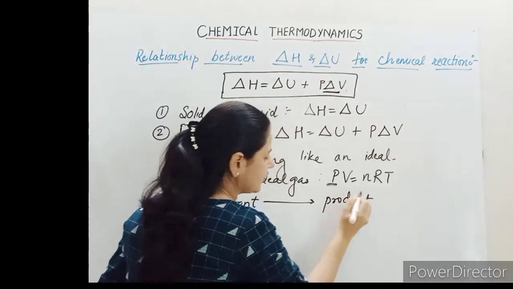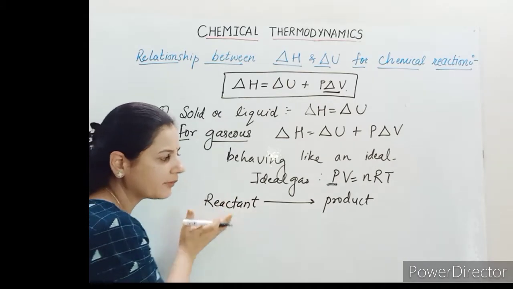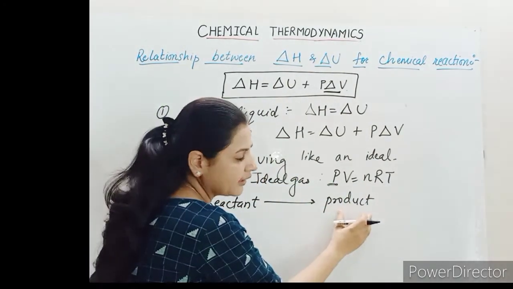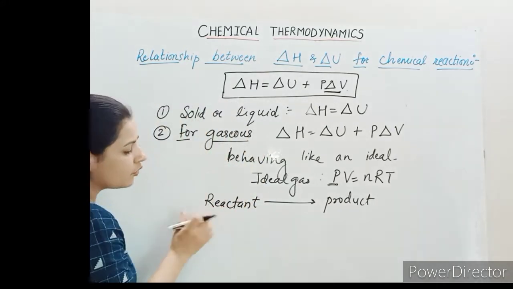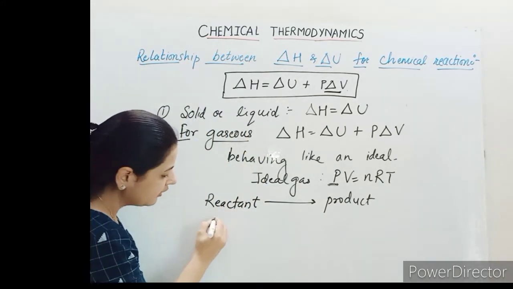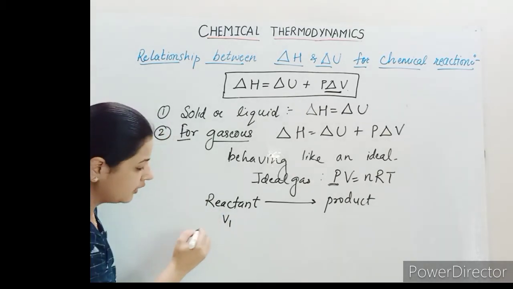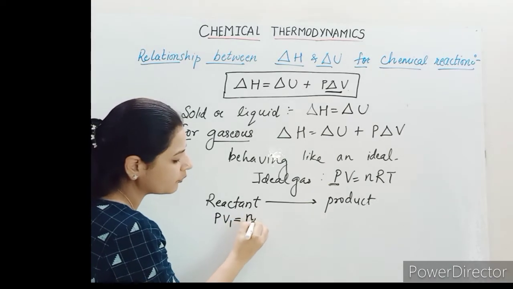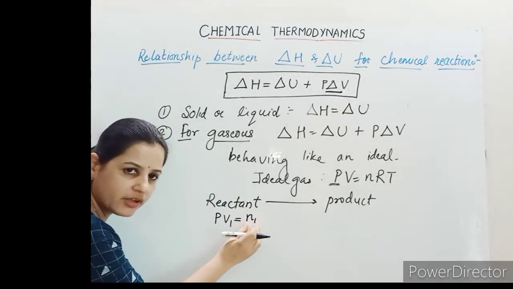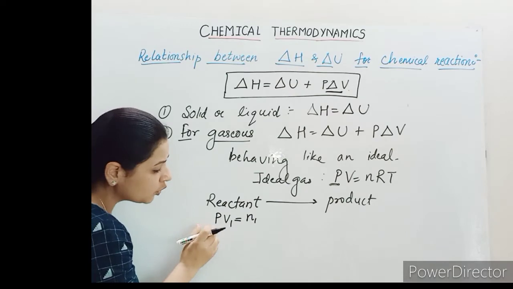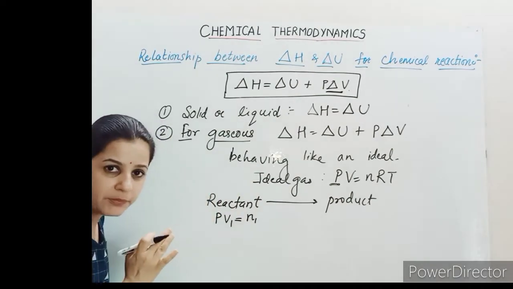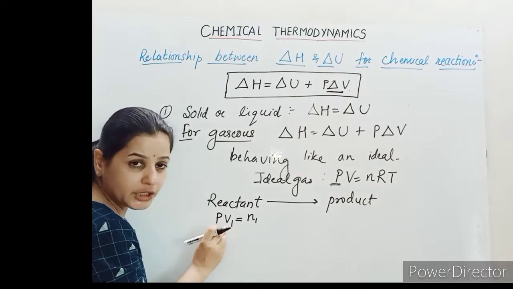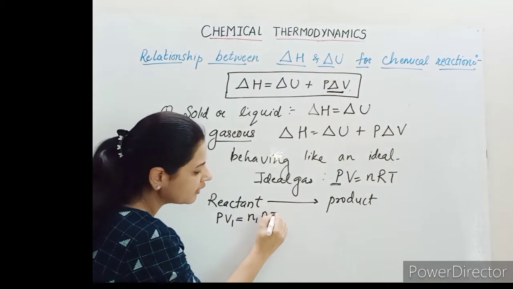Suppose this is a reaction कि gas जो है वो starting में reactant side में है, and then it reacts and changes into some number of moles and get converted into the product, okay? So for this reactant side, if V1 is the volume, pressure we have kept constant P, and number of moles are suppose N1. starting में हम लोगों ने N1 number of moles लेके reaction की है। तो अगर हम सोचते हैं कि ये गैस आइडियल बिहेव कर रही है, आइडियल गैस की तरह बिहेव कर रही है, तो हमारी इक्वेशन क्या बन जाएगी, P into V1 is equals to N1 RT.